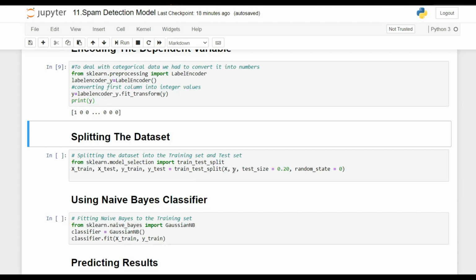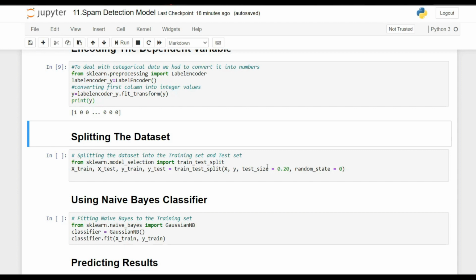You may be wondering what these parameters are. I am coming to that, guys. Let me explain. First of all, the first parameter is X. X is the features, as I told you earlier, and y is the outcome or dependent variable, we can say. Here we are mentioning test size. Test size means how much part of the data we want to keep separate for testing. So here 0.20 means 20%.